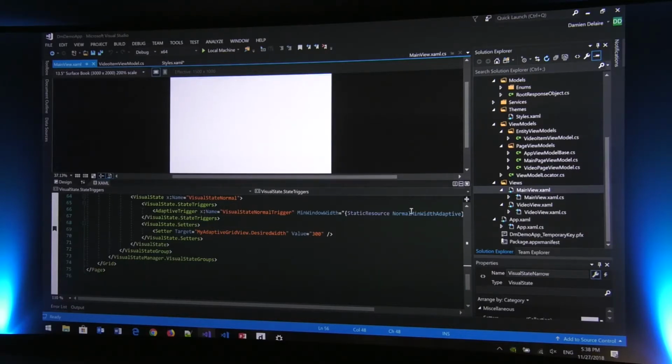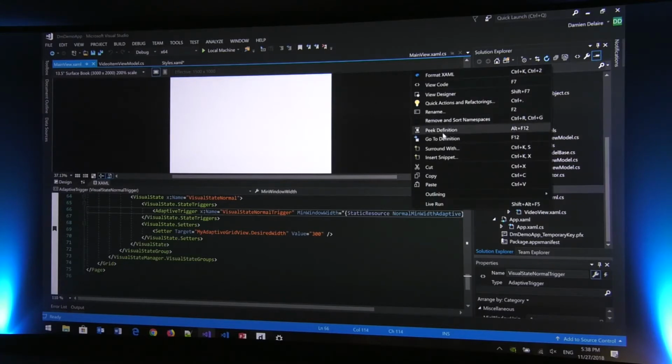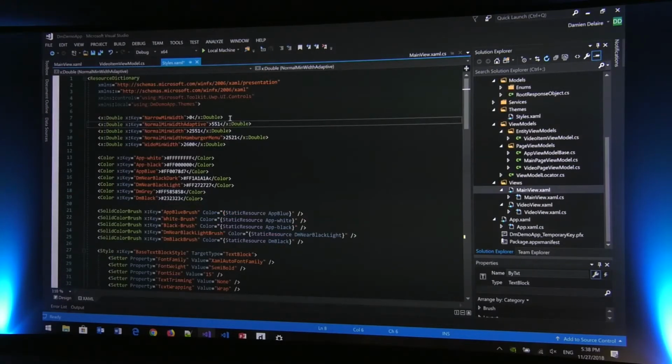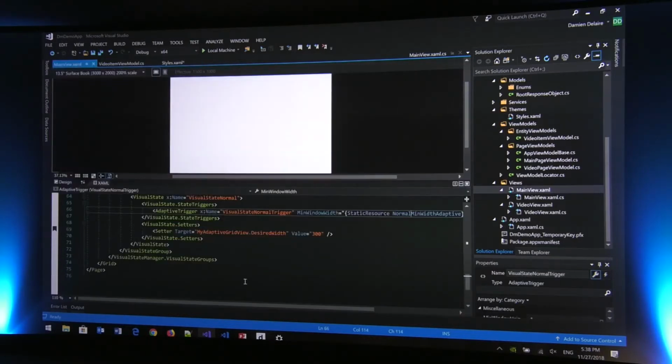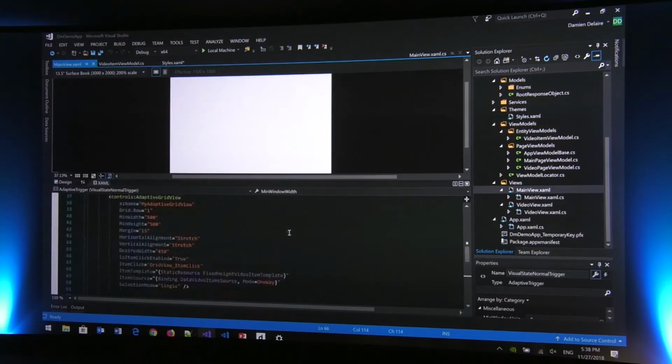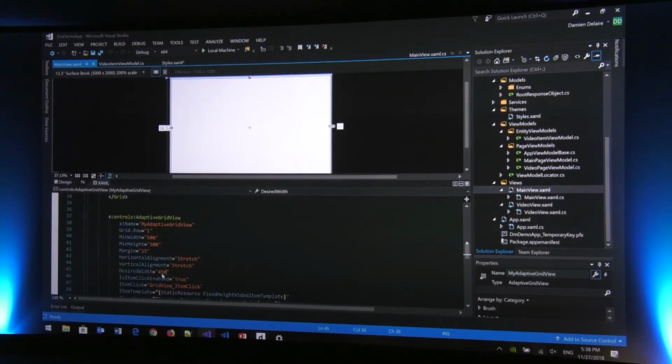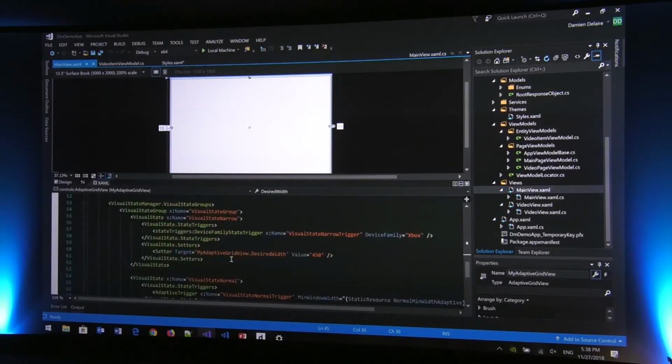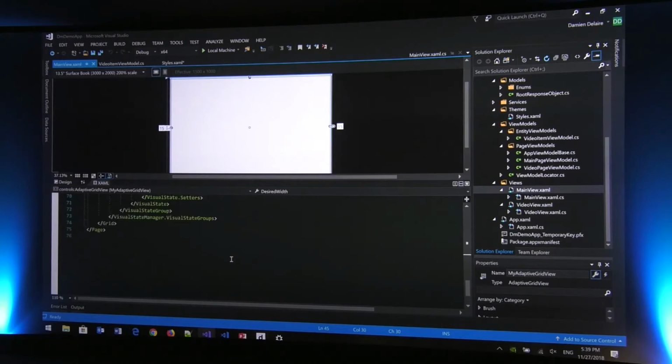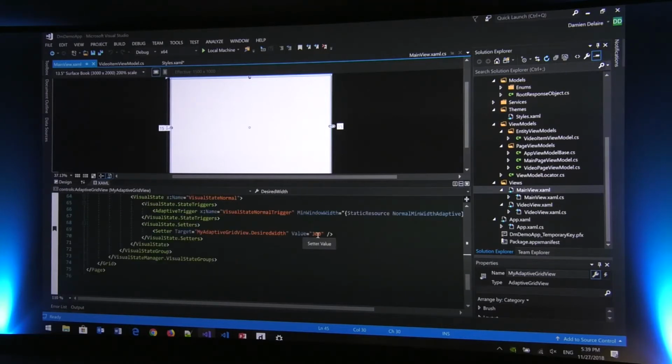Actually, no. Minimal width. What did I put? Okay, so no, that was an error. By default, the desired width is going to be the width that is here, so 450. And if for some reason the user resizes the application, the desired value will be 300. So if I build the app,